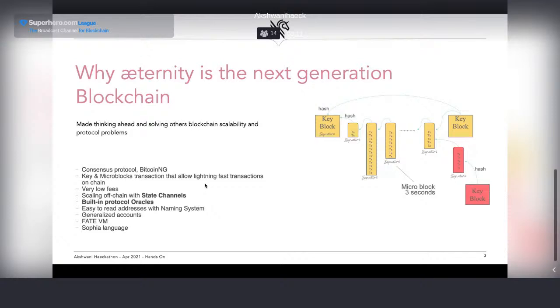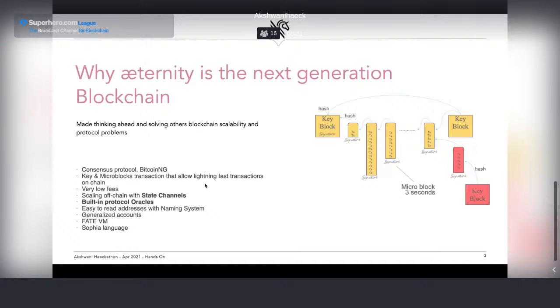And something super important is very low fees, right? But the low fees are not just a token price approach, but the way we execute our smart contracts, how our virtual machine works, how the Fate virtual machine works. All that combination makes it possible to have a very fast and scalable blockchain that is easy to use. Okay, so here are only some subjects.